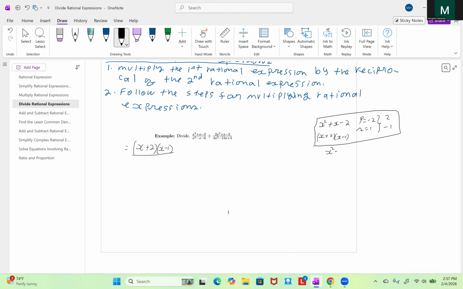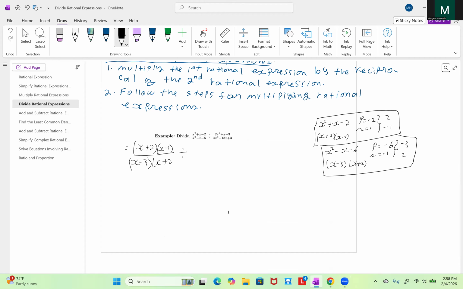x squared minus x minus 6. We need to find two numbers whose product is -6 and whose sum is -1. -3 times 2 is -6, and -3 plus 2 is -1. So it factors into x minus 3 times x plus 2. So x minus 3 times x plus 2, divided by